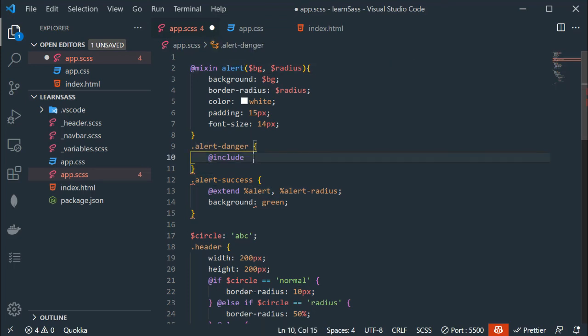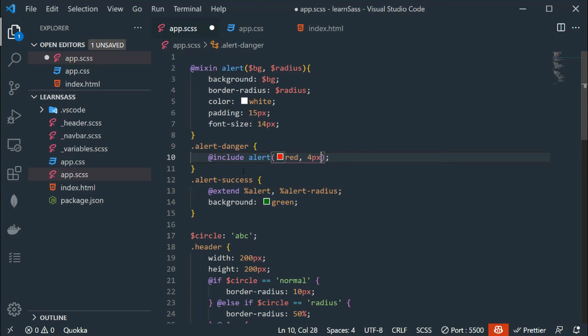So we have alert like so. Now I am going to pass a color. As you can see we have $bg. So we have to pass a color. Let's say red, comma. Second, we have to pass radius. So let's say 4 pixels.